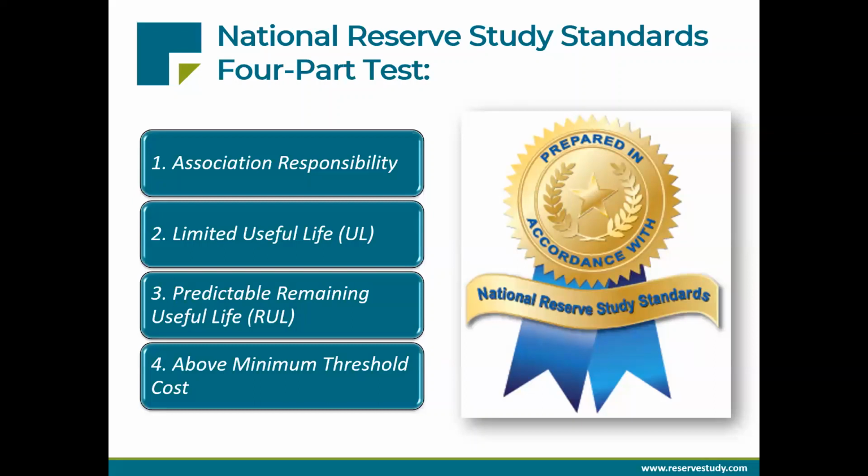The advantage of setting that bar lower is that you will include more components as part of your reserve schedule, which takes the pressure off of the operating budget, which would otherwise have to absorb those costs when they came along. Right, so let's just think about some small association out there. Maybe they have 6 projects that are going to be $5,000 each. Technically speaking, they would be okay. They'd be compliant with the statute if they left those out of the plan, because individually they cost less than 10 grand. But that doesn't mean that they're going to go away entirely, right?